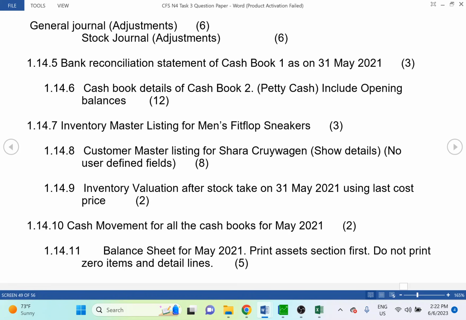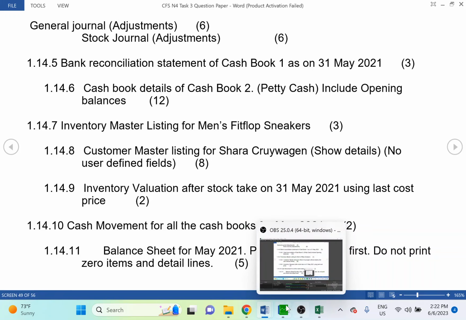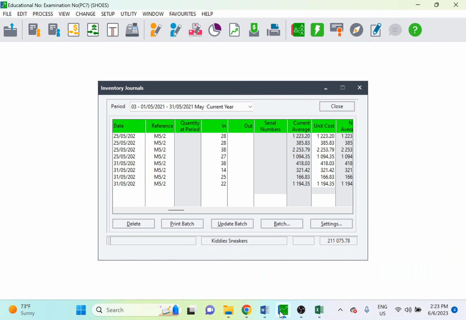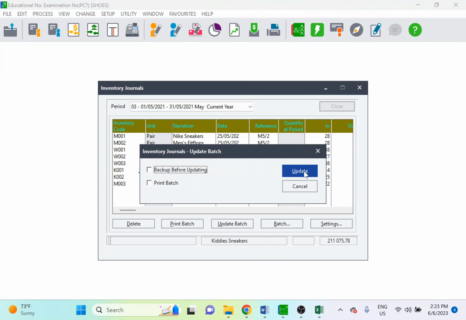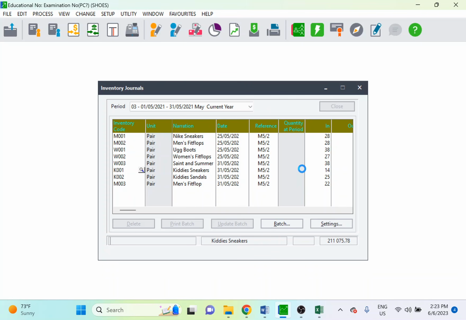So we're going to update only our inventory journal. We're not going to print it. The printout was not requested, only inventory valuation was requested. So we click update batch,